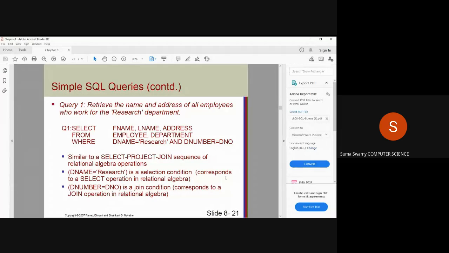I'm asking a question. Did we do this query 1? No, ma'am. First one you have written the query. Just check in your notebook. Not in the observation book, in your regular notebook.